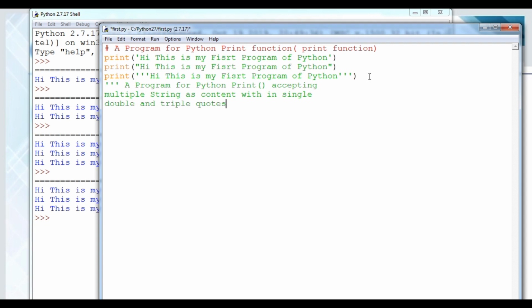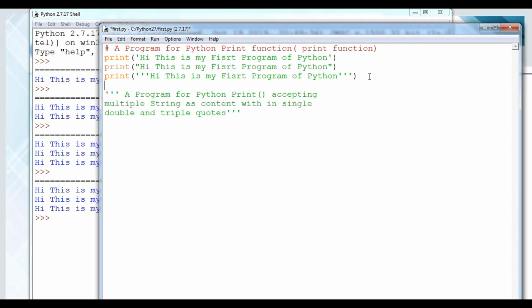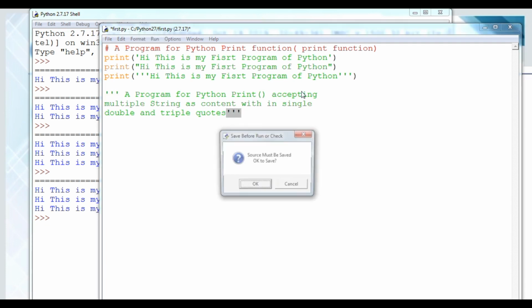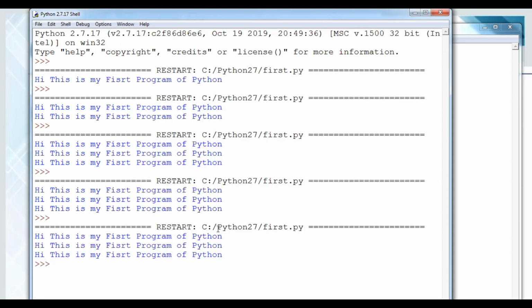Okay student, now I have to close the triple quote the same way. So you can see I have created this comment starting with three single quotes, closing with three single quotes, and within this I have entered the text. Now run it, and the output has come, but there is no effect of any kind of comment.